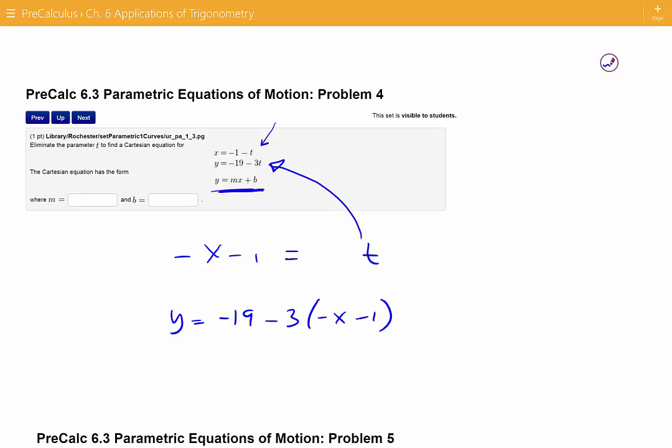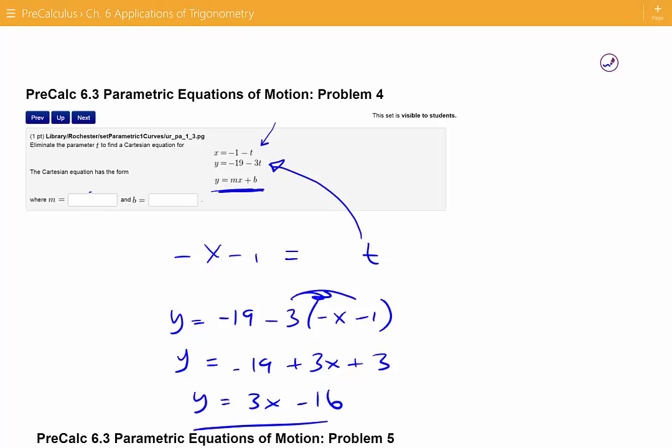And now there's my function. I'm going to put it in y equals mx plus b form, so I'm going to simplify this by distributing a -3 in both terms. Plus 3x plus 3, y equals then 3x minus 16. So I'm looking for a slope of 3